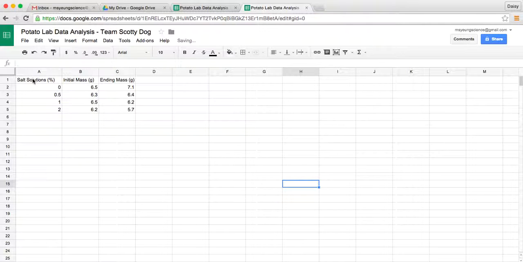Okay, so let's say that you have filled in all of your data. You're going to write down the salt solutions. Everyone's going to have the same salt solutions on the left. And then you and your group members are going to fill in your initial mass and your ending mass of the potato cores to the right of that. And then once you have all of that written down, you're going to highlight that selection, and then to make the chart, you simply go over to this icon right here, Insert Chart,